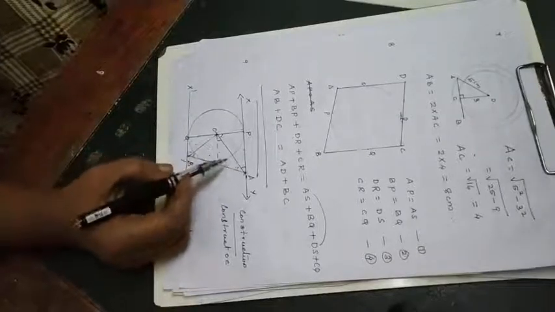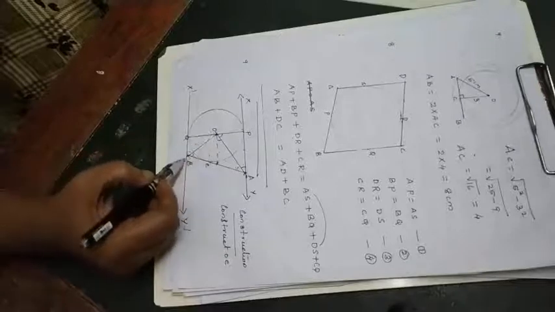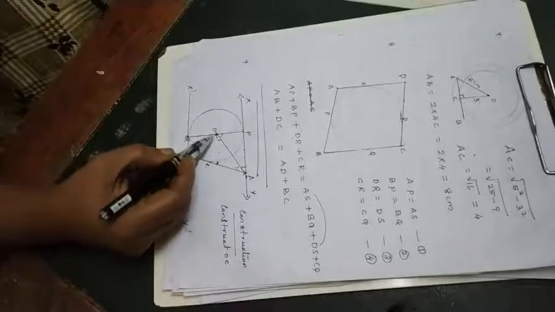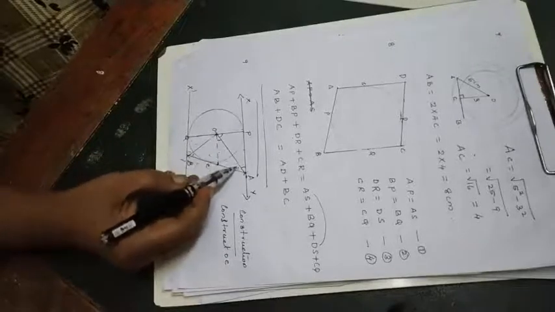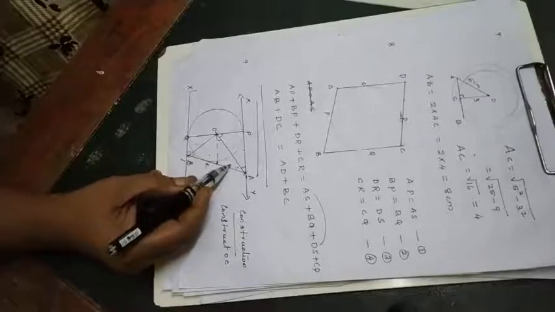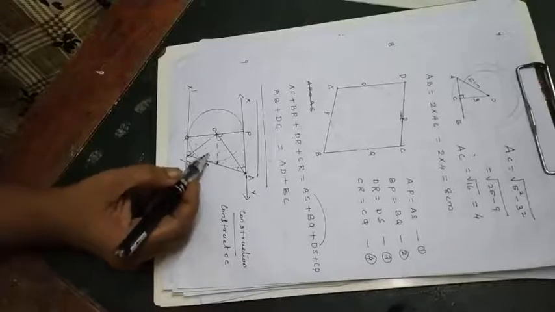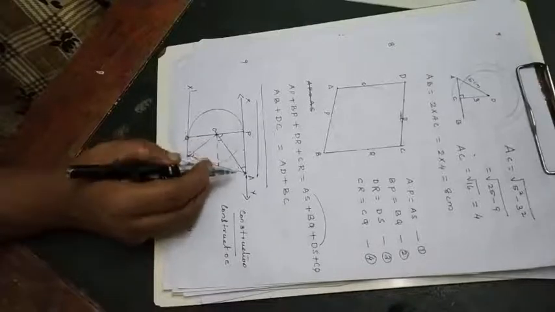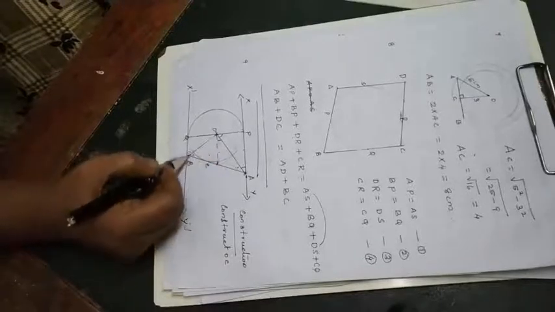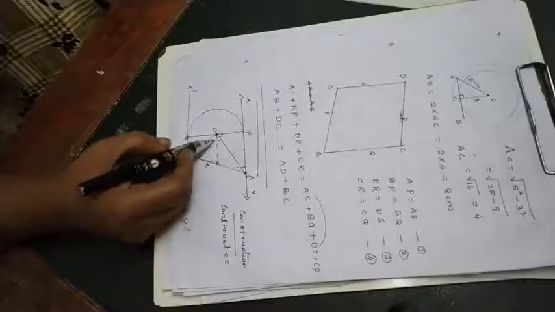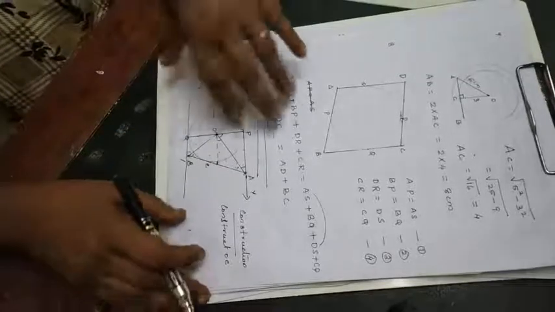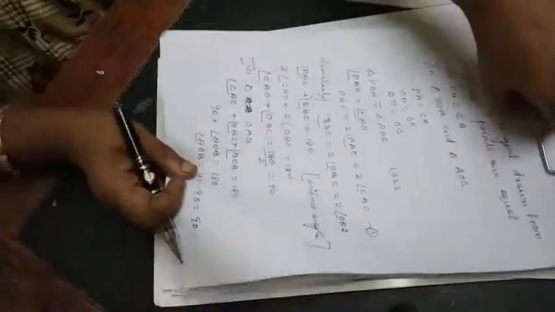If you are taking this triangle OAB, all the three angles together will be 180. Now you got two of them as 90. So the other angle, AOB, will be equal to 180 minus 90, that is equal to 90. So we'll discuss this in detail. I have already written that. So how will you prove?